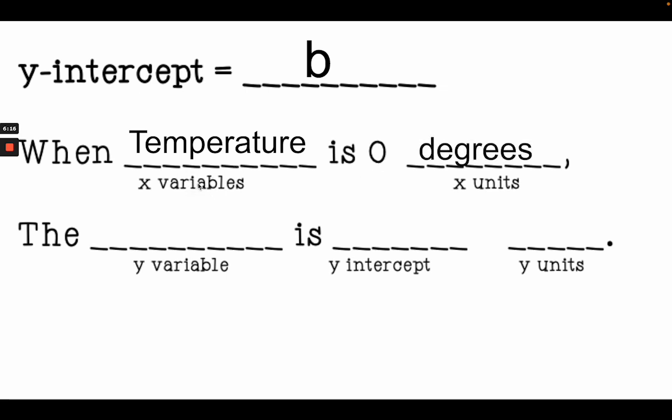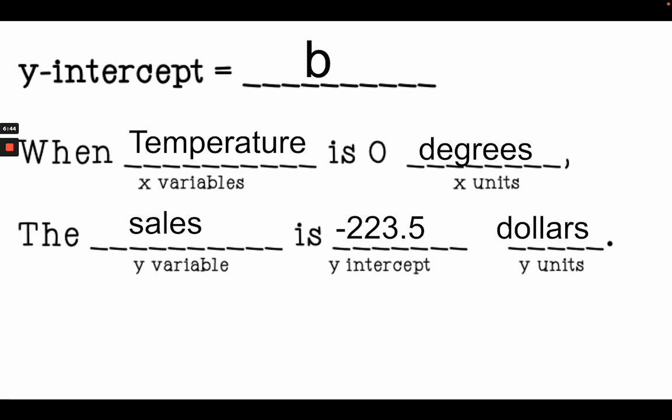So again, what was our variable for x? Temperature. What was our units? Degrees. So whenever the temperature is at 0 degrees, what is our y variable? Sales. The sales is negative $223.5. Meaning, if it's 0 degrees, we're going to lose money of